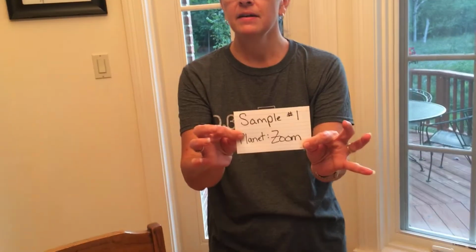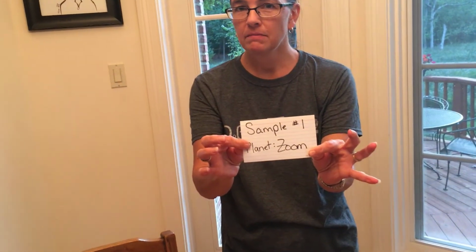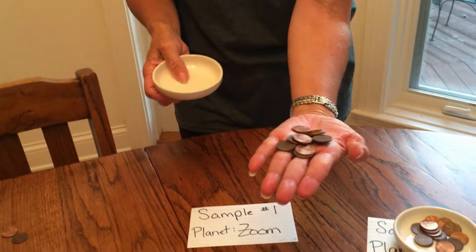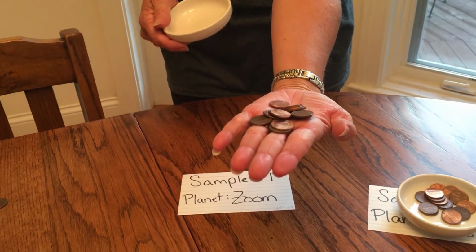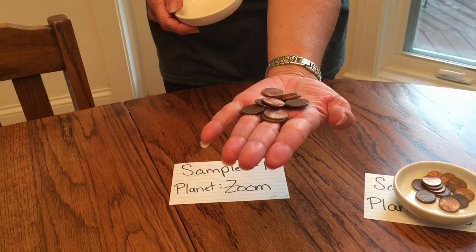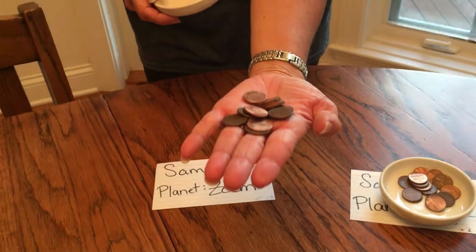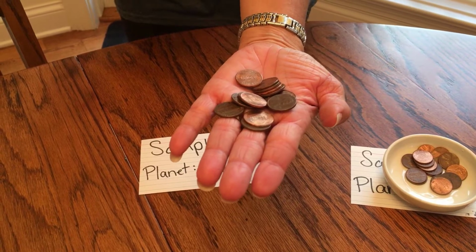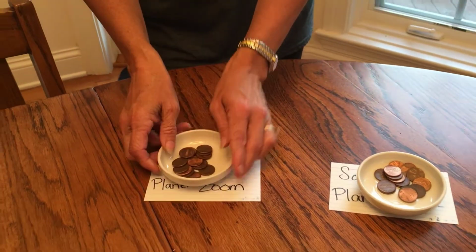Planet number 1, Planet Zoom. I feel like I'm on that planet. We take a sample of 15 pennies from Planet Zoom. You're going to be able to see pictures of those 15 pennies. You're going to have to count how many of them are minted before 1982 and how many after, and find me an average atomic mass for Planet Zoom. Number 2,